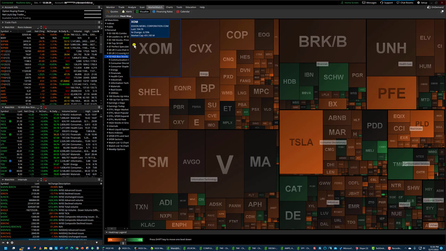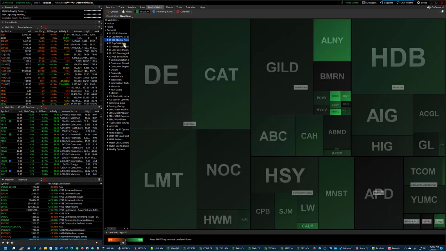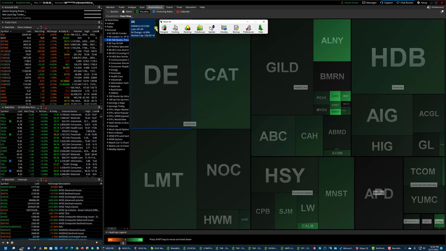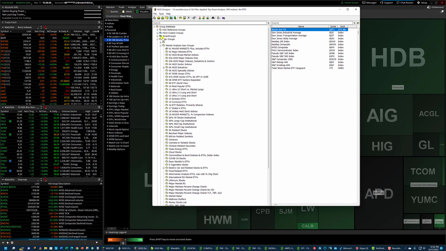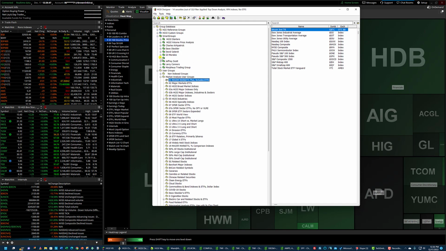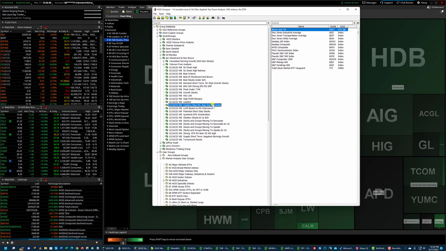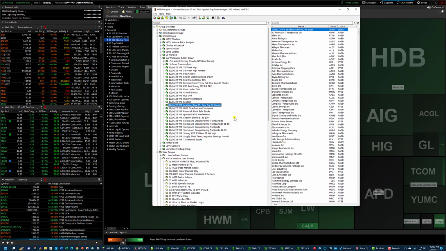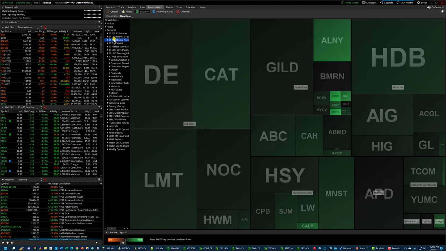Now another way we can look at this, I'm going to go back up to this 100 stocks. These are the ones that are coming up in the smart group, and I'll show you the smart group that I use. It's under Woodward and Brown. Leaders, raw relative strength, raw group strength. All I have to do is copy these symbols to the clipboard, comma separated list, and then if I want to edit this,